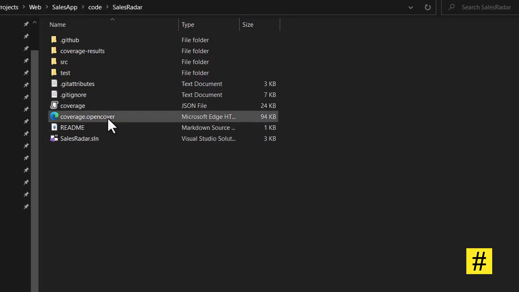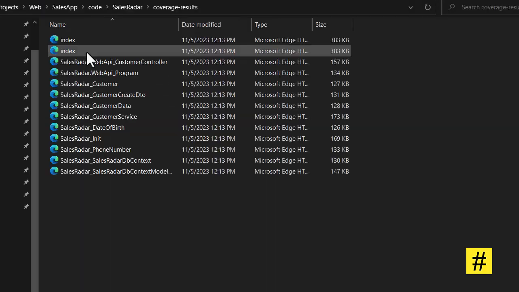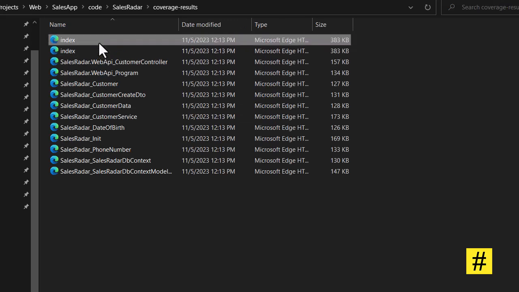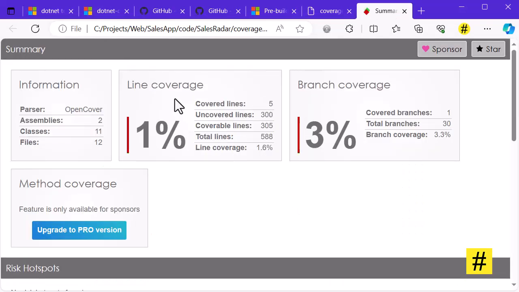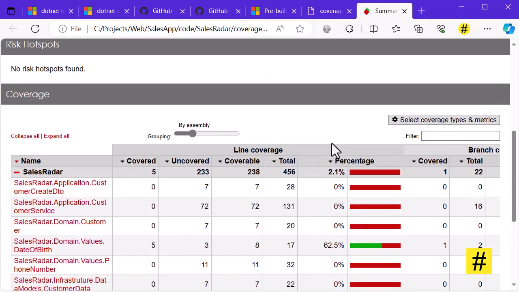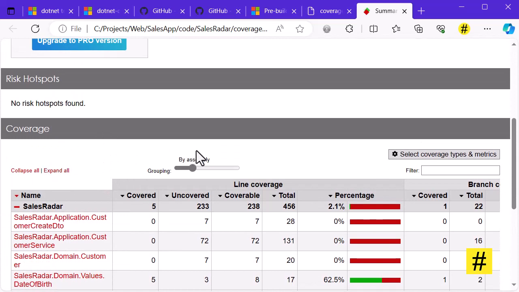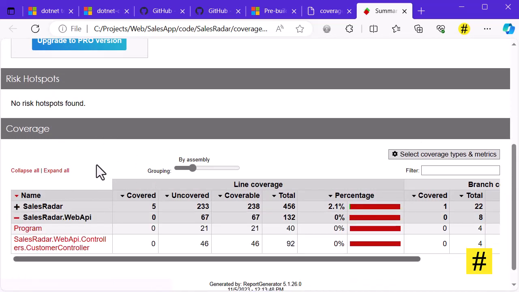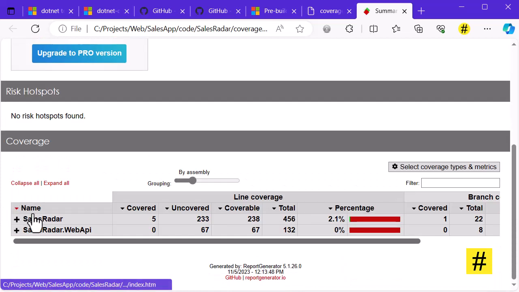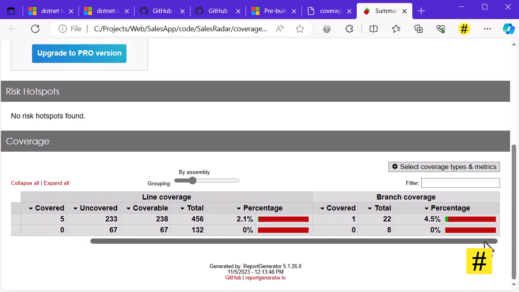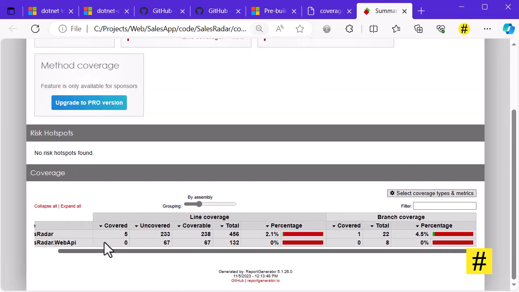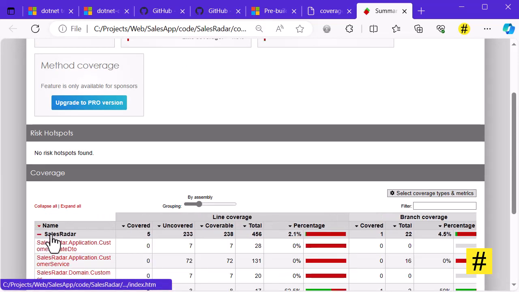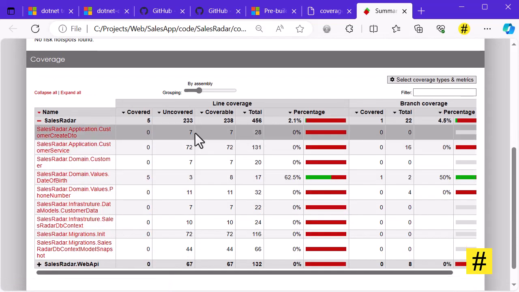Now I can go to coverage results and use the index file to see the results, and you can see the line coverage here 1%, and branch coverage is 3%, and different libraries or modules are being shown here. And for my sales data the percentage is 2.5% for line coverage, and for branch coverage I have 4.5%. So let's go to sales radar, and let's